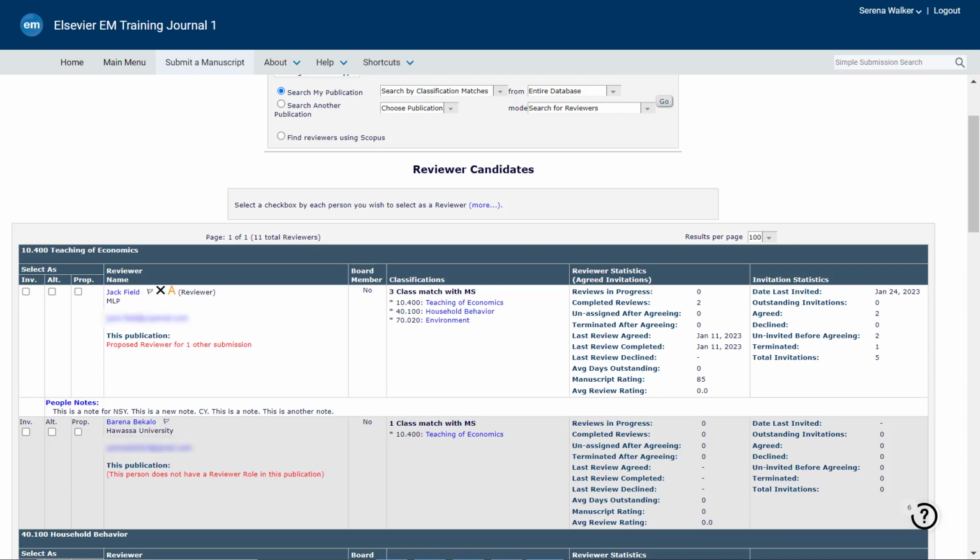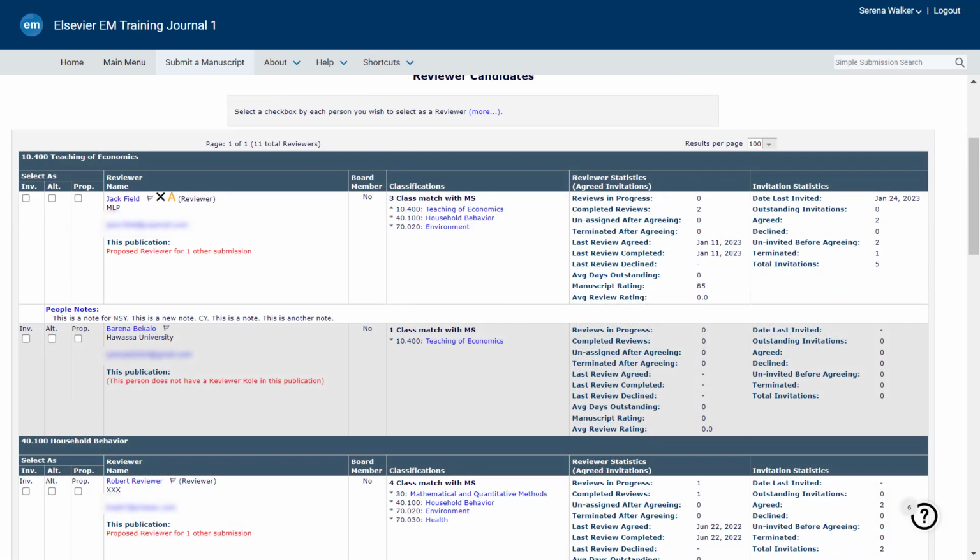The list of reviewers will be ordered starting with the highest number of classifications unless you have set the order another way via the settings My Suggest Reviewer Preferences or My Reviewer Display Preferences.